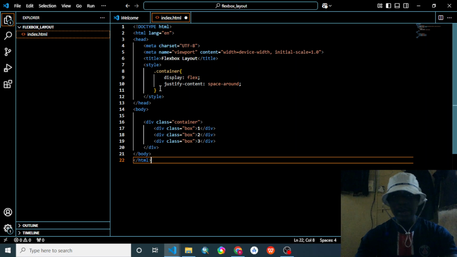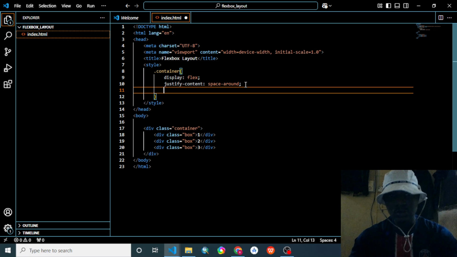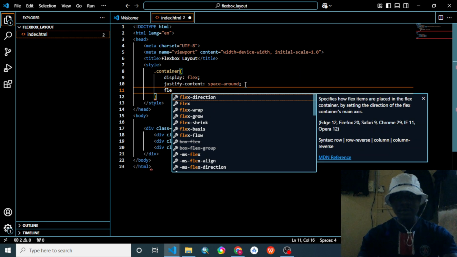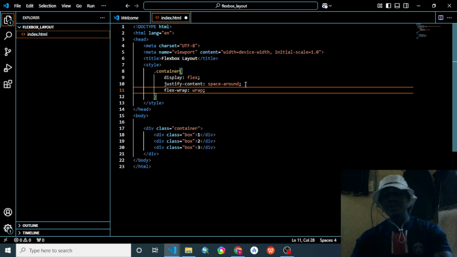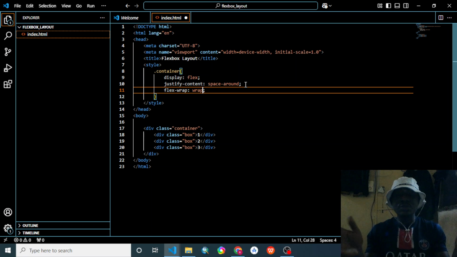So what will I do next again? So now what you'll be looking at is flex-wrap. So this flex wrap will also help you to make the boxes responsive, so that they will be in line with each other. So now let's go